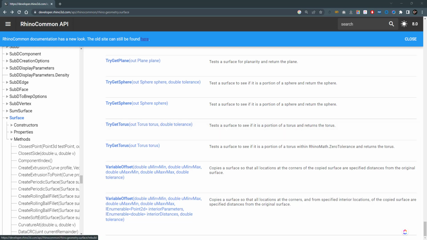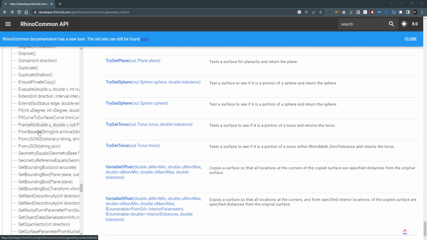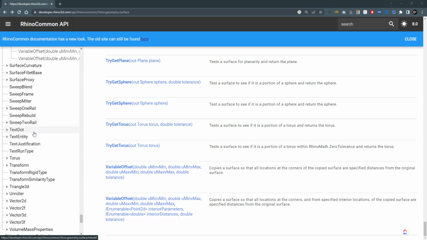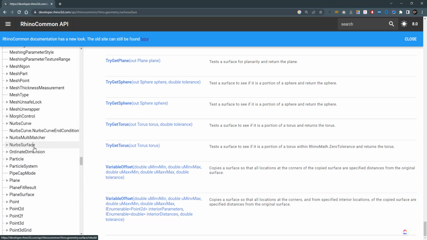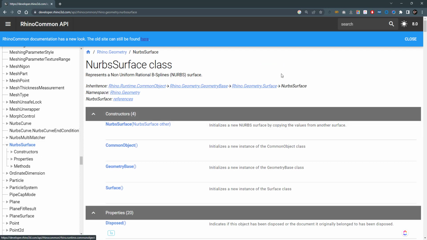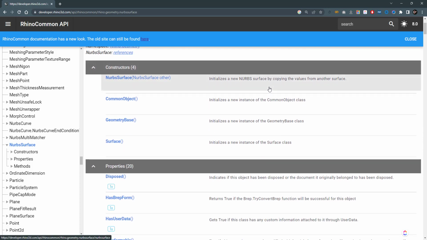Hi, in this video we're going to explore the NurbsSurface class in RhinoCommon, which gives us a lot more options to create surfaces than the Surface class does. So in the RhinoCommon API we can search for the NurbsSurface class, and it inherits of course from the Surface class, and it has almost the same properties and the same methods that the Surface class has, plus some methods